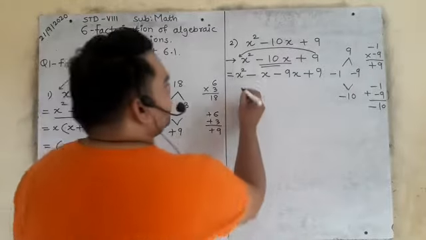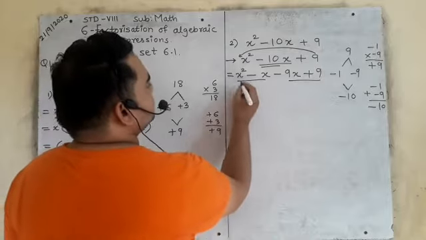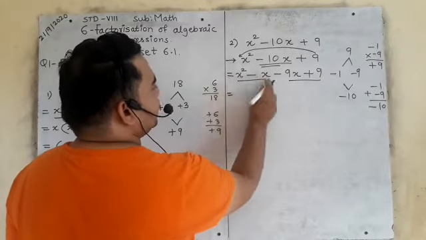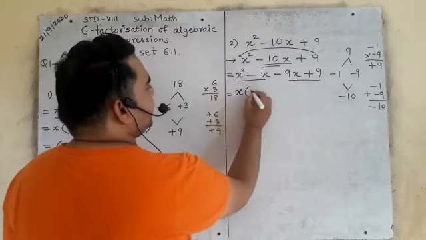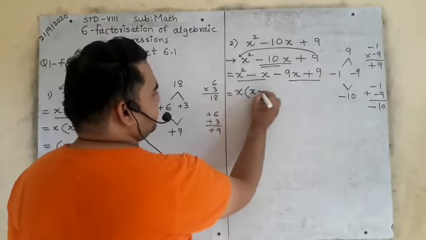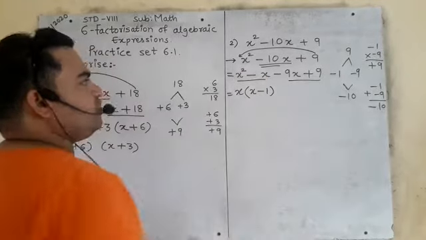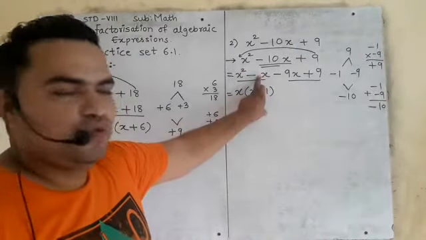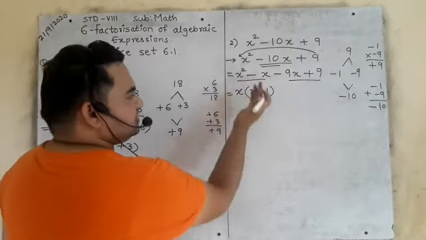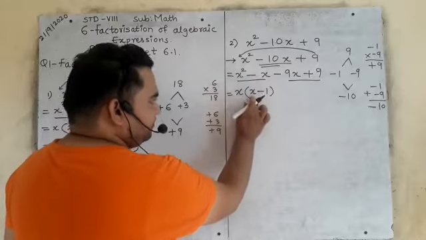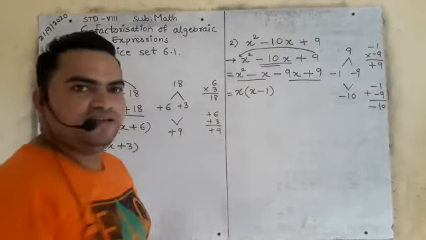Is it clear? Now you have to find the common between these and the common between these. Now see, which is common here? X square, you have x. So x is common. Yes. What remains from here? X. 1x remains, minus. Here 1 remains, right? Because we took x out as common. Here the coefficient is 1. Here x square minus 1x, right? So x common. Here x is left, minus. Here what is left? Only 1. Is it clear?